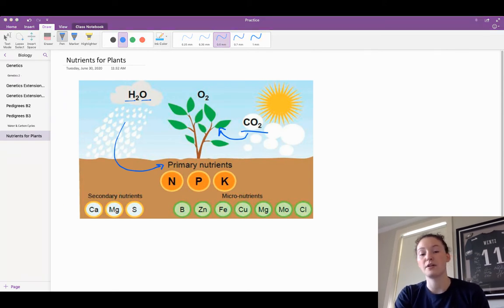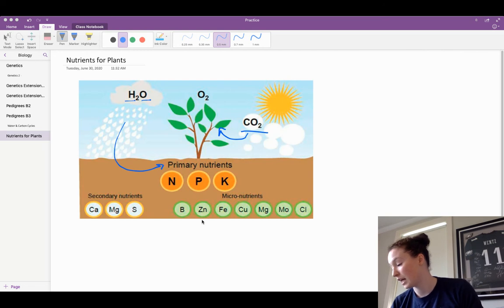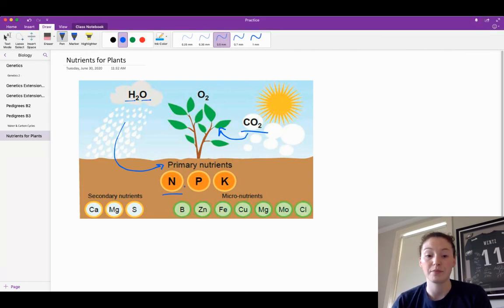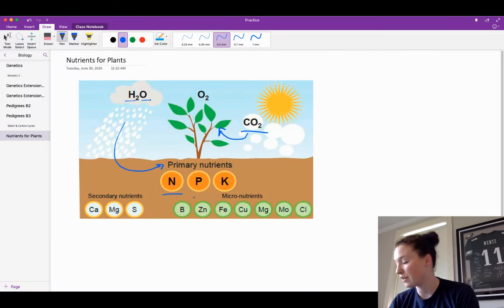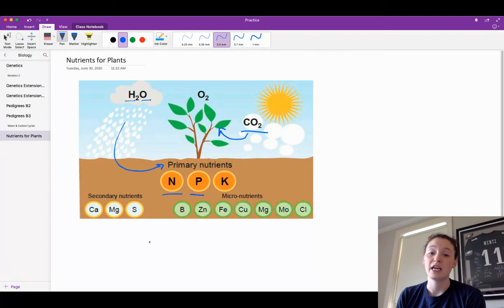Additionally, plants need nitrogen, which they get in the soil. It's a major component of their proteins. It's a major component in the pigment chlorophyll, which is the green pigment used in photosynthesis. They also need phosphorus, with this P here, again through the soil. So you can see all of these other nutrients they're going to get from the soil. So the soil is actually very, very important for plants. Phosphorus is a major component in the DNA and RNA, the genetic makeup of plants. And so many